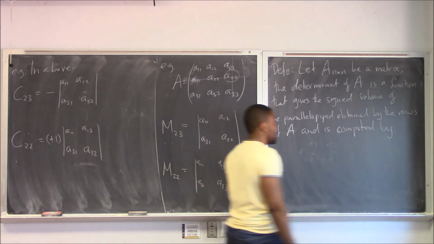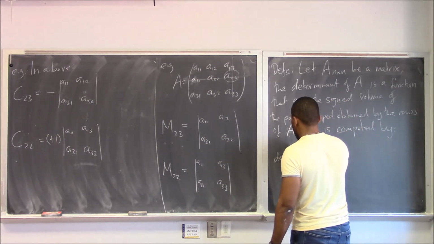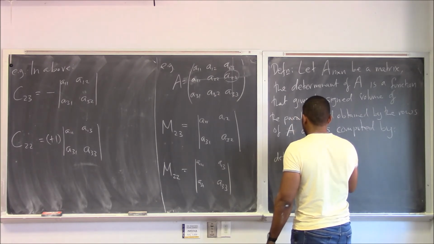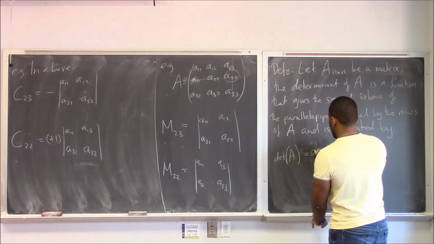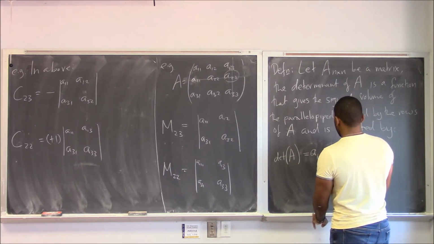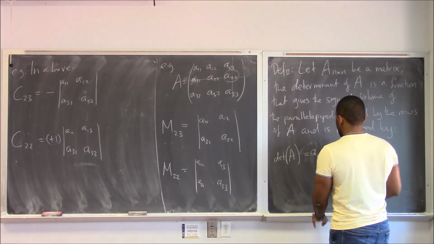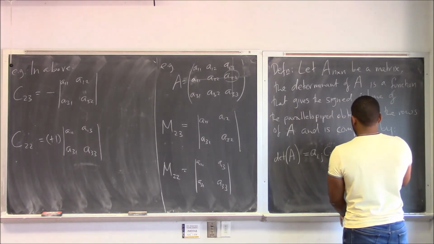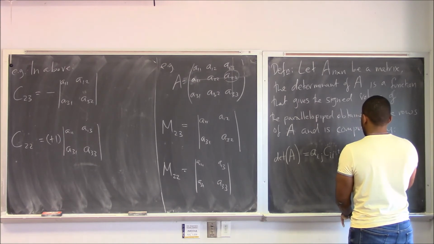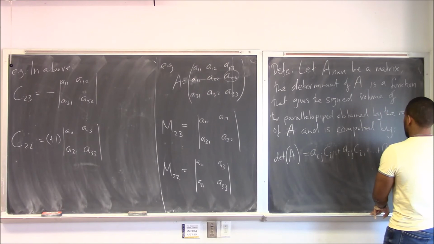Here's how we calculate it. The determinant of A would be equal to A_i1 C_i1 plus A_i2 C_i2 plus ... plus A_in C_in